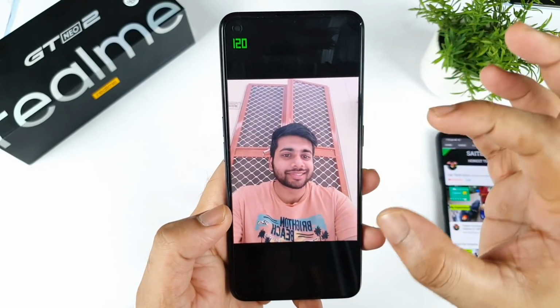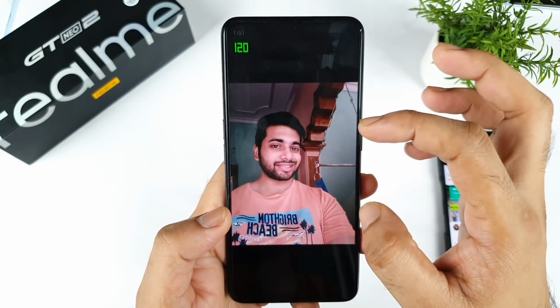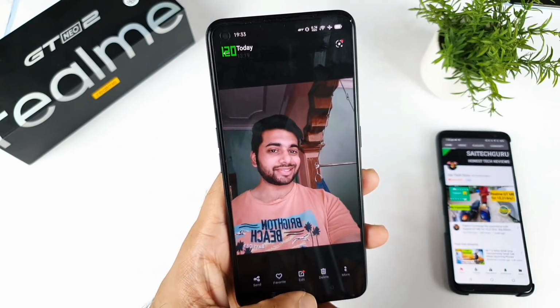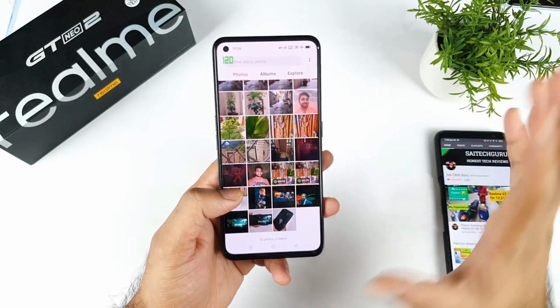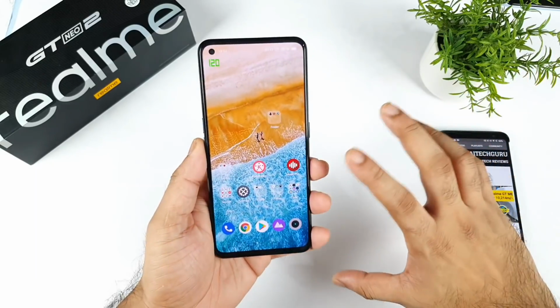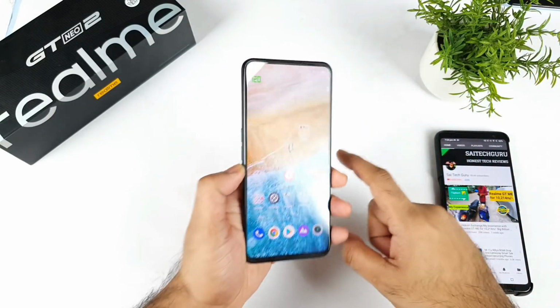As you can see, it's kind of smooth, not sharpened, a little bit smooth I'm getting, even after disabling some settings as well. So regarding the front camera also, I'm not that convinced. It's kind of okay, I would definitely say, but not so great in the front cam. That's another thing you should definitely understand.